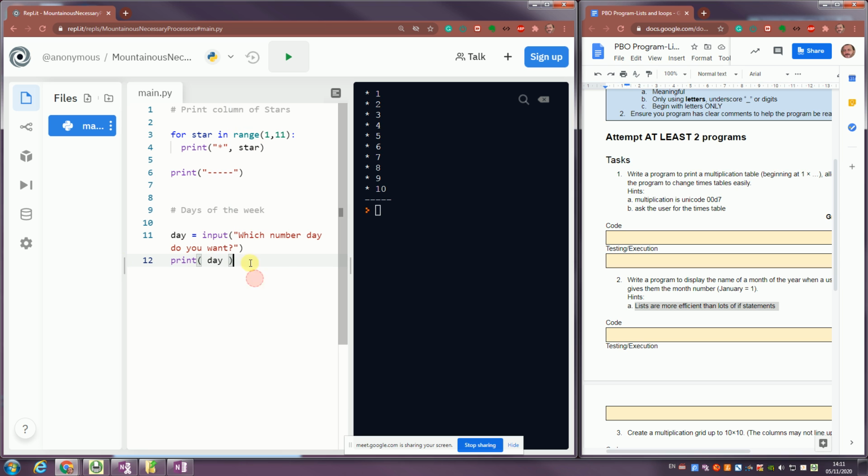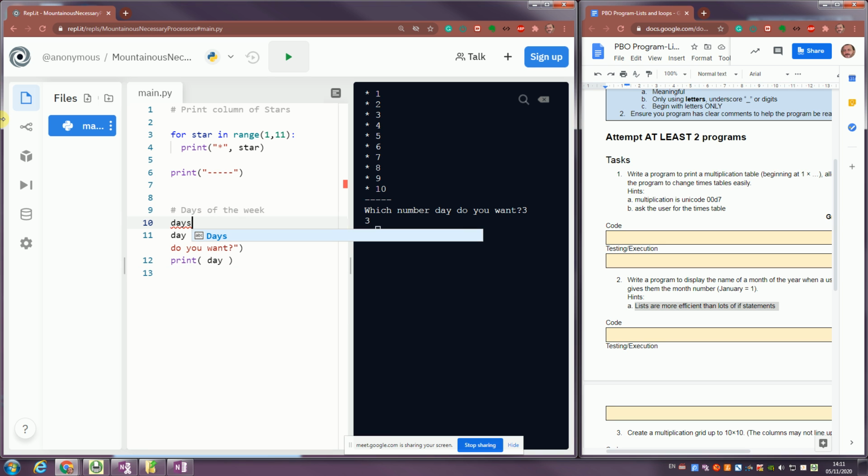Now I could do a series of if statements and say, if 3, do this number, if 4, do this. But the list allows me to do days, or weekdays even. And I can do a list, and lists are always defined. You know you're dealing with lists when you see a square bracket. So my day number, first one is Monday, second one is Tuesday,